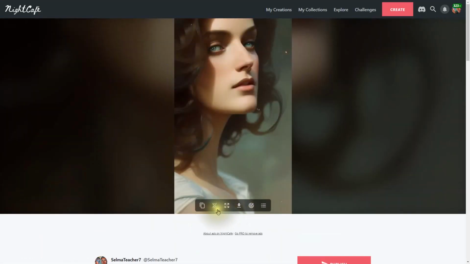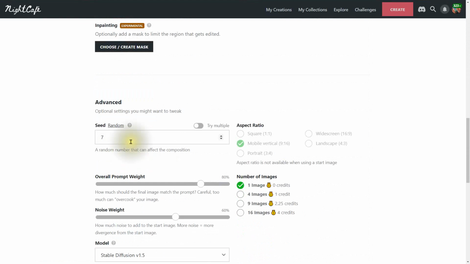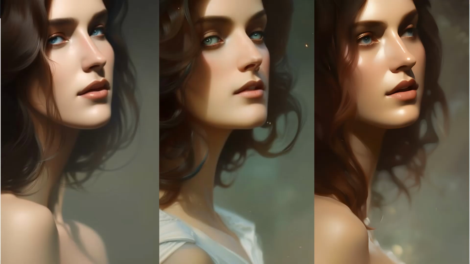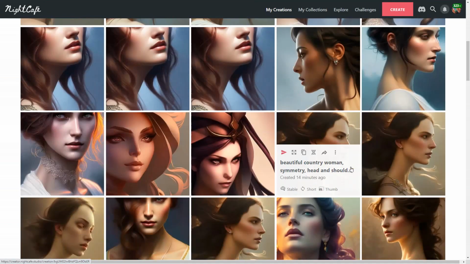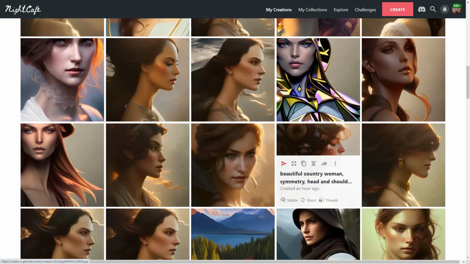And it does take a lot of work, yes. We're going to duplicate this one now. And this time we're going to go in and do a seed number 1 and change the weight there. And let's just see what happens. Okay, a little bit different reflection on her skin. Look at this. There's a shine on her skin because I was using a different seed number 1. Interesting. All right, now I've been using the exact same prompt but different seed numbers for all of these, and you can see the results, how it really changes things up for us.